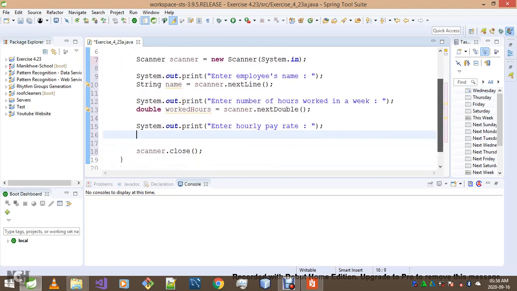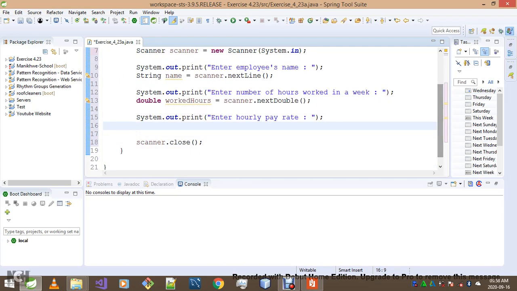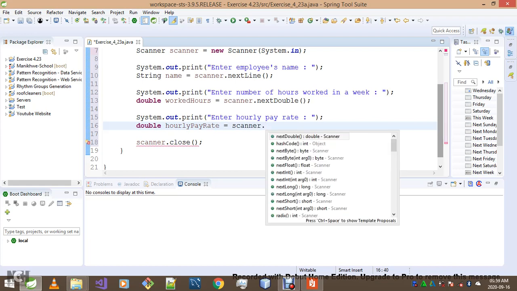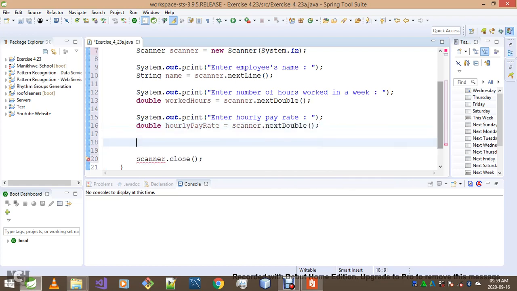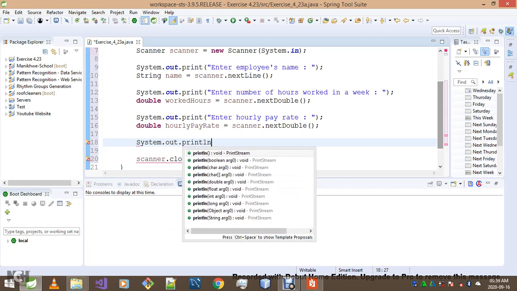Let's scroll down a little bit. Okay, now of course I'll keep that in this variable called hourly pay rate. It's scanner with small letters, of course, scanner dot next double. And the second last thing we've got to do is to prompt the user to enter